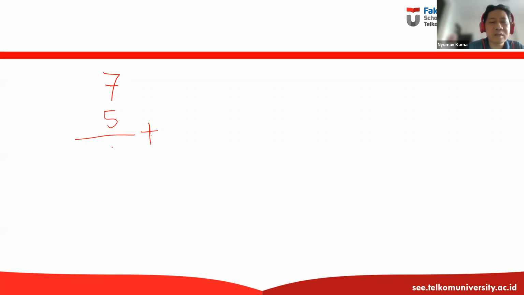So I'm going to write 2 here in the same column as the 7 and 5, and then put 1 here, because 7 plus 5 is 12. Because there is nothing here, the 1 goes directly to the bottom. So it will be 1 and 2. This is something that we call carry.